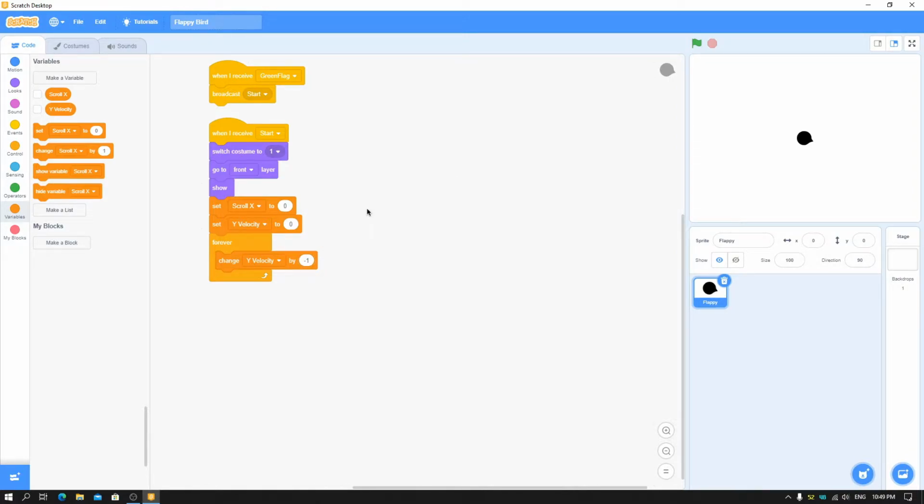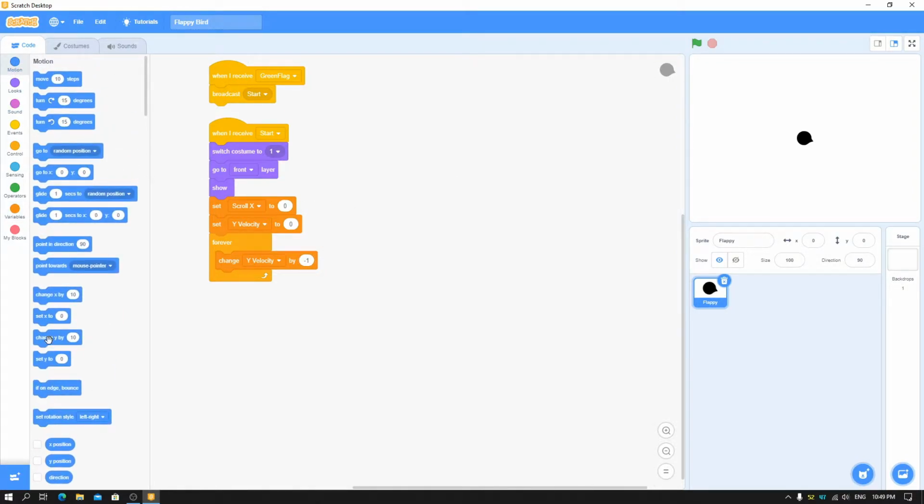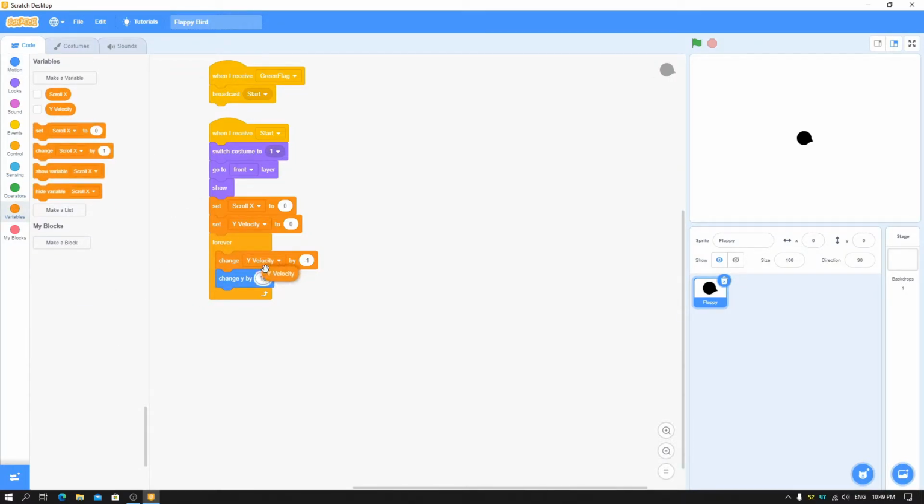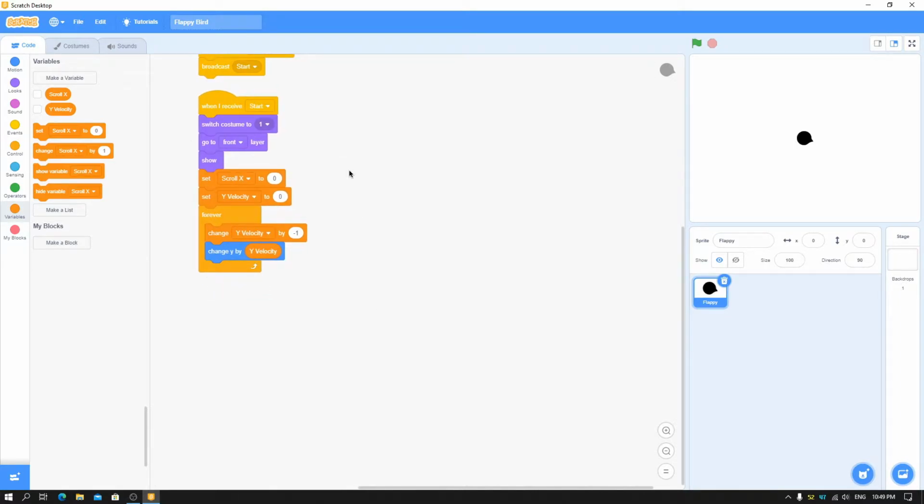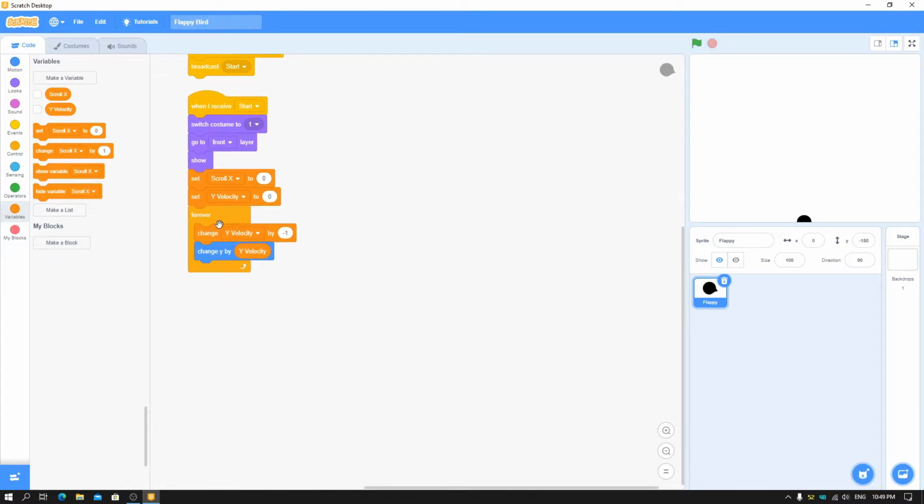So this will be particularly slow, and then we can put here change y by y velocity, so we don't need to put change y by this everywhere. Here you can see this falls when we are not touching anything, and if we set y velocity to 0, it will just not change y.